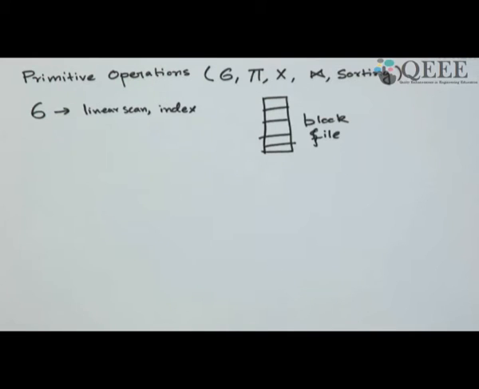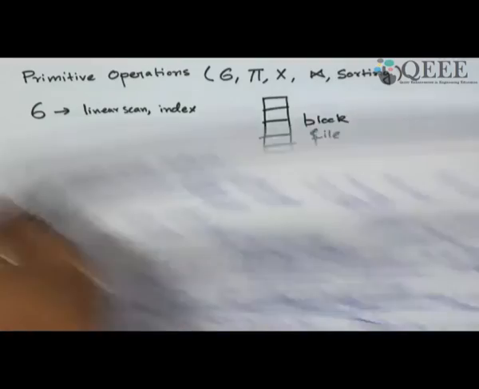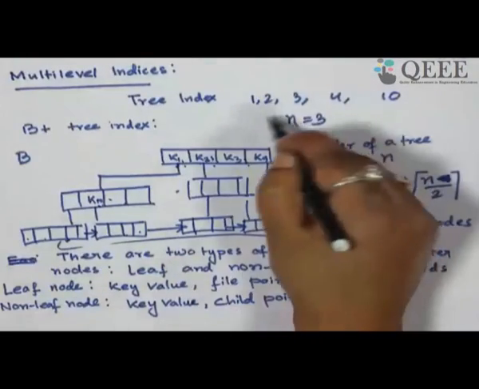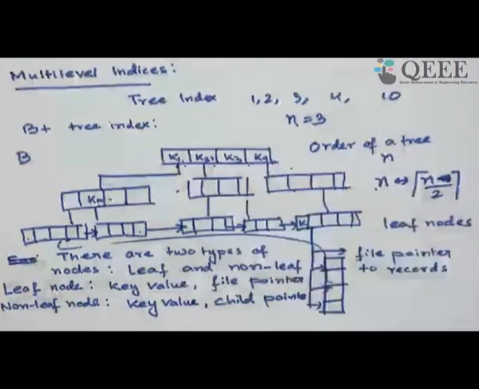I would quickly give you an exercise. You have already built the tree for some key values 1 to 10 using n equal to 3. Can you give me an algorithm using this index to find out all the records which have the key value less than 5? Using this index, I would answer that. So that will give me sigma a less than 5, the answer to that query. So just think on it.